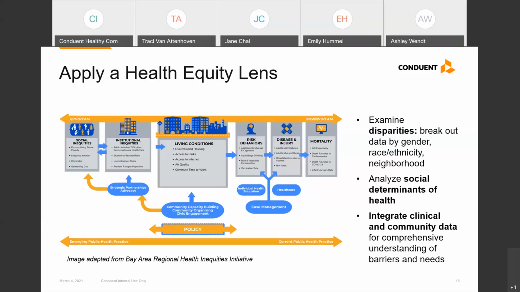So when we apply an equity lens to our work, it's important to examine disparities within our data as well, breaking out analysis by gender, race or ethnicity, or even geography if we're able to do that. And it's also important to collect data concerning the broader things that are impacting our communities. We know that COVID-19 has exacerbated many of the health needs and barriers that are usually highlighted in our assessment processes, and has disproportionately impacted our Black and Brown communities.